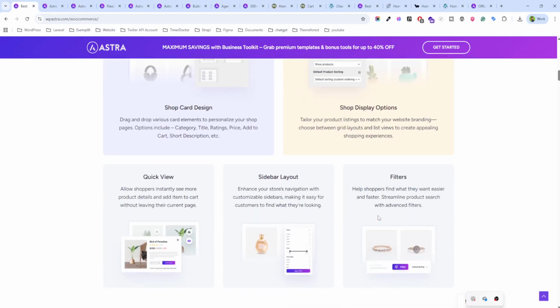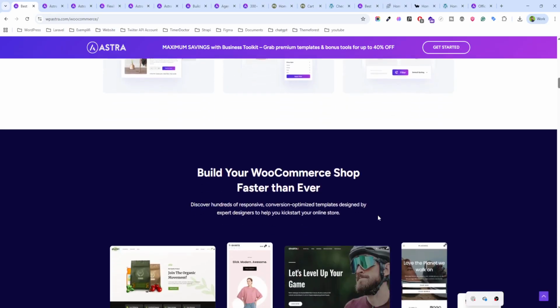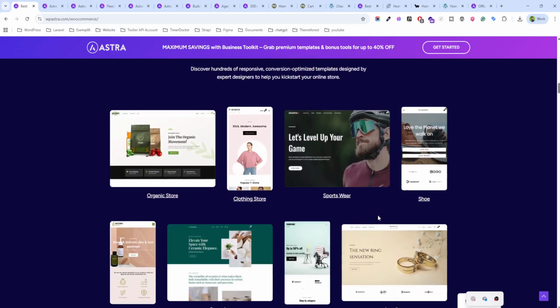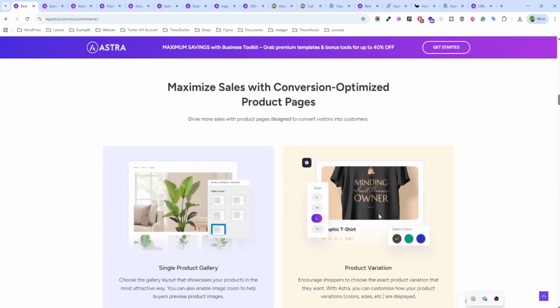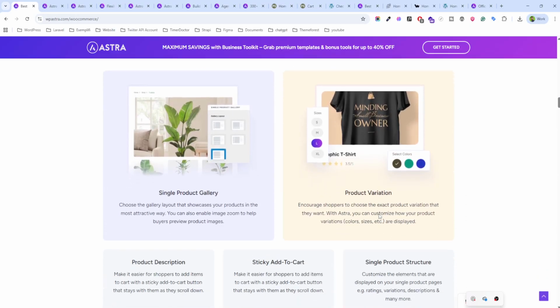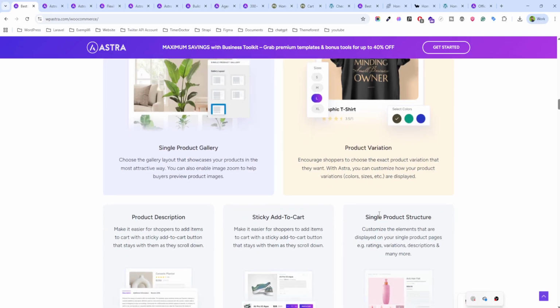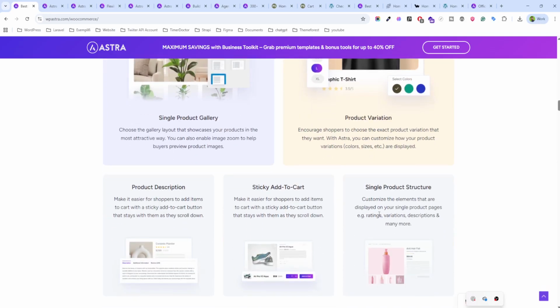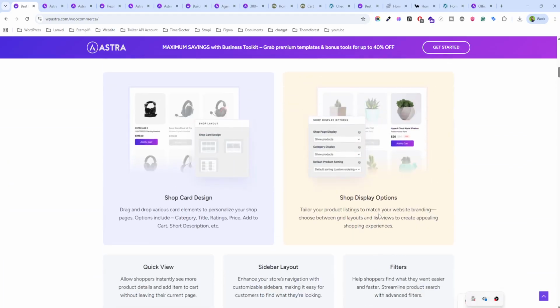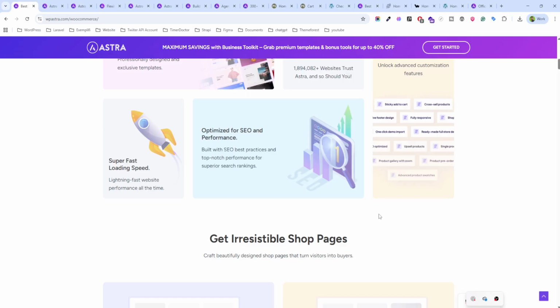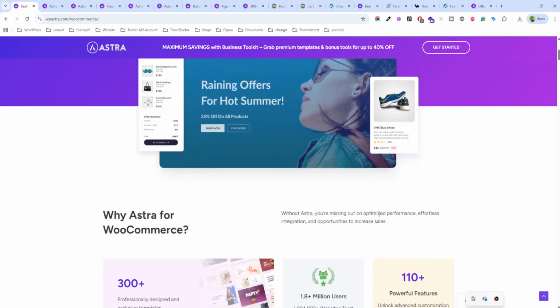So in this session, I will walk you through what makes Astra unique and how to use it as a site builder, its layout design flexibility, the no-code design features, the mega menu and header and footer customizations, and finally how it helps you create an SEO-friendly WooCommerce website that ranks and sells very effectively. So what is the Astra theme? Let's start.